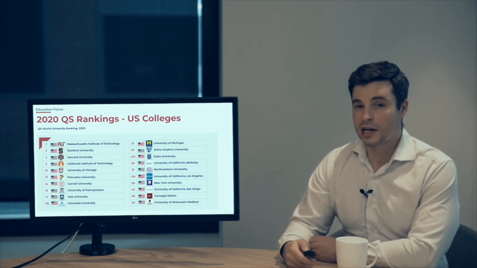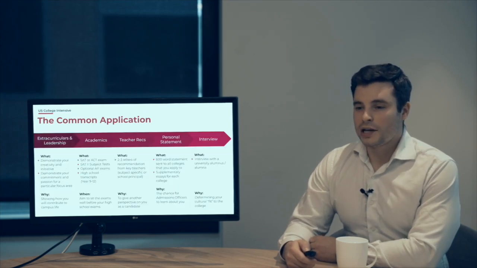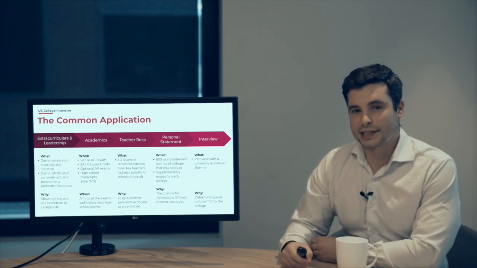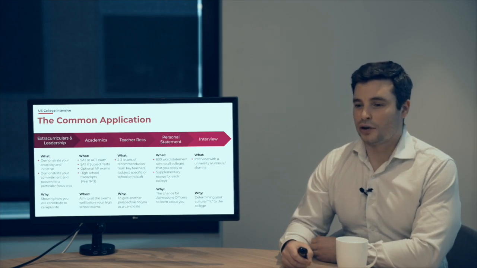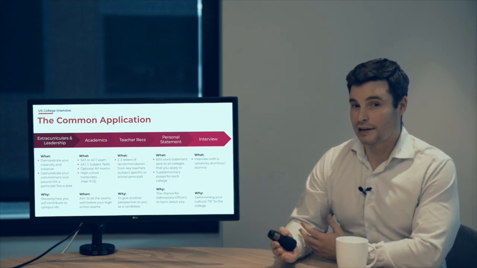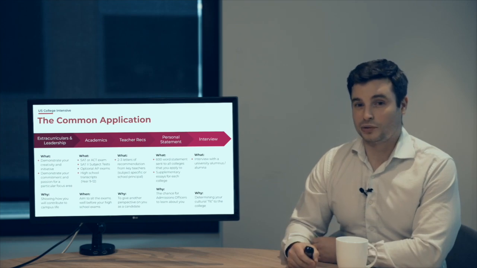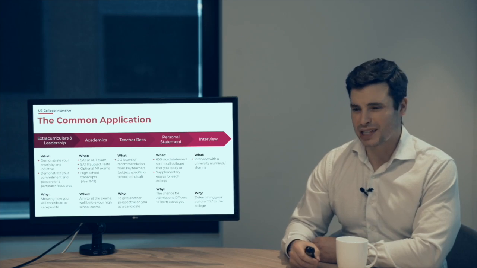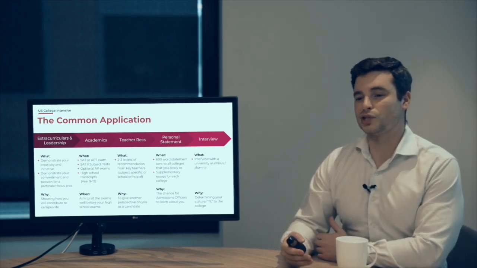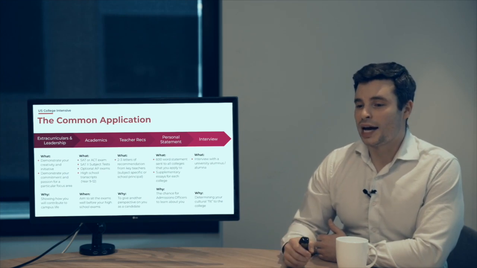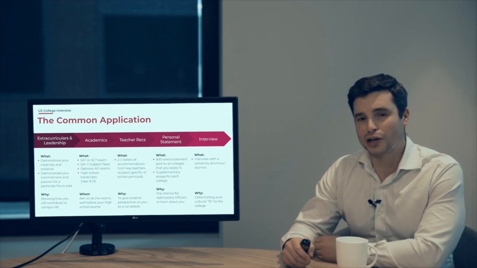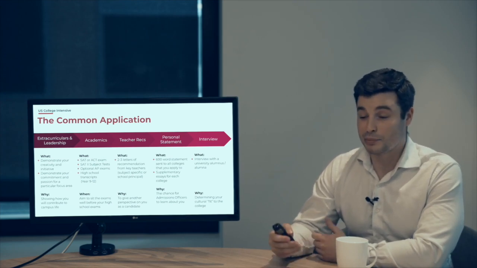So we're really excited to be having someone like Martin here to really break down the college application for us all. Firstly, this is how students most commonly apply to the US, and it's through the Common Application platform. There's a couple of different things that students need to do, and you will need to make sure that you tick every box along the way. Firstly, there's the extracurriculars and leadership, and that's really where universities are going to want you to demonstrate your creativity and initiative, and your commitment and passion for a particular focus area. And it really shows how you're going to contribute to campus and campus life as well.